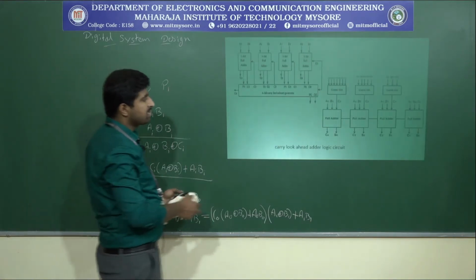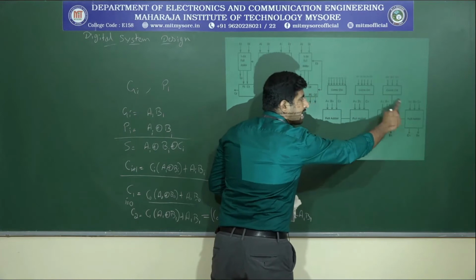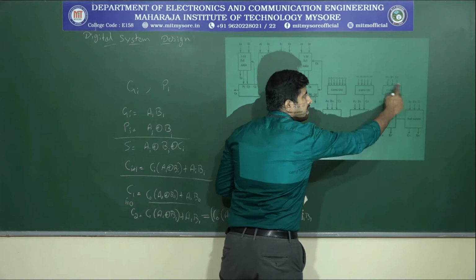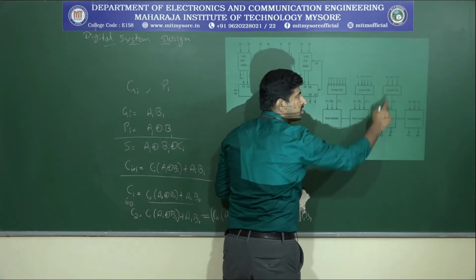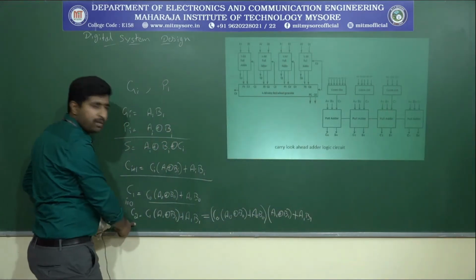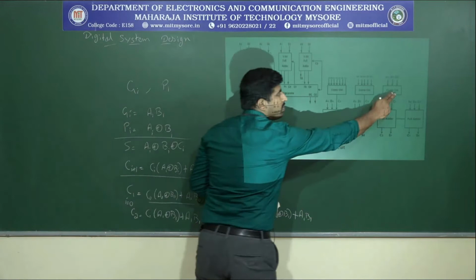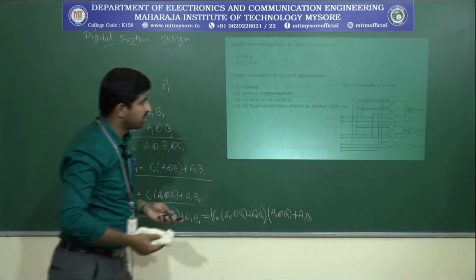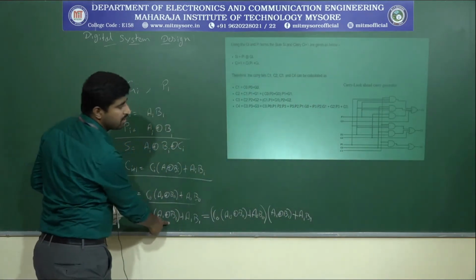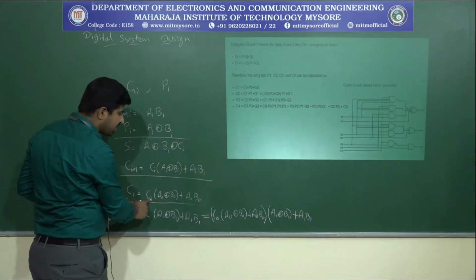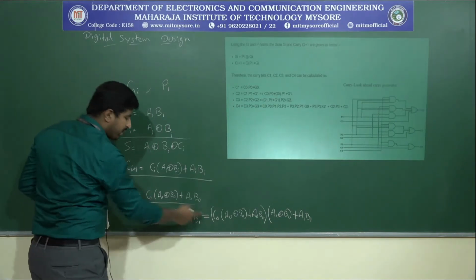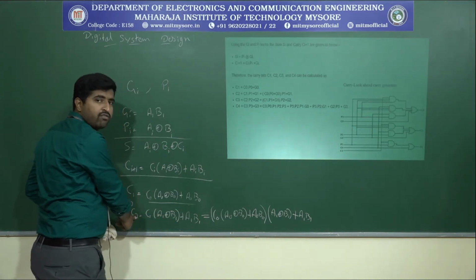This is a full adder, and the carry input for the second full adder is calculated by the additional circuit. It is a combinational circuit. What does this circuit consist of? It consists of this equation, and implementing it gives the combinational circuit, as you can see here. C2 is calculated according to this, where C1 is the carry of the first full adder. By using the carry of the first full adder only, we can compute the carry of the second full adder.